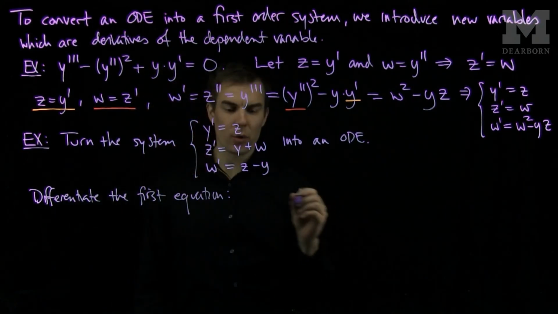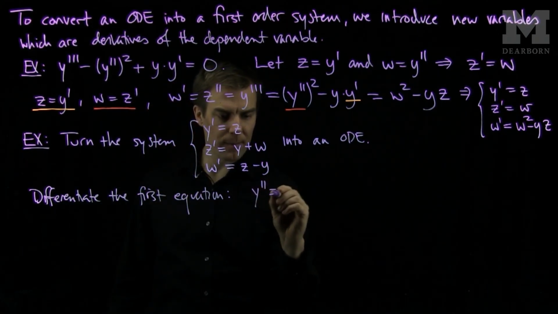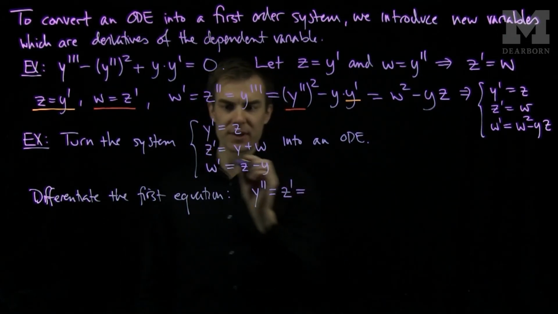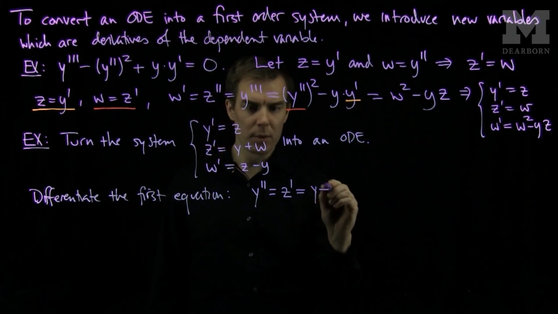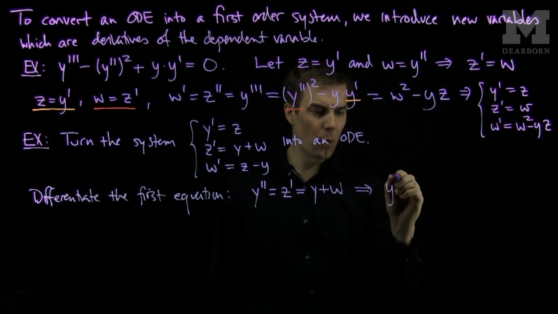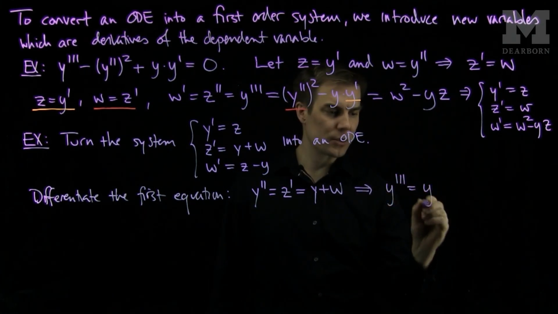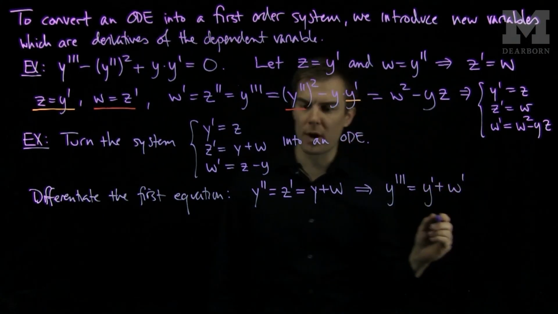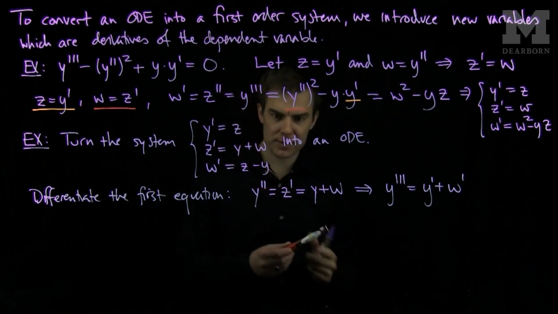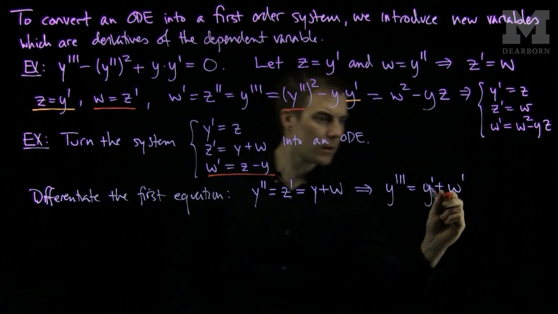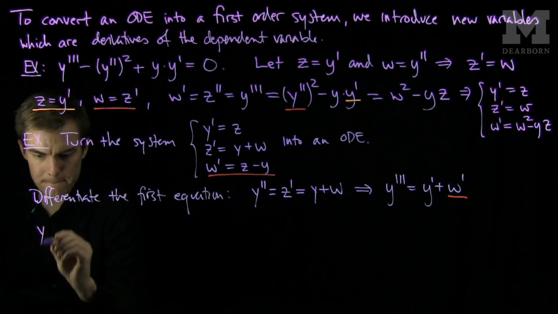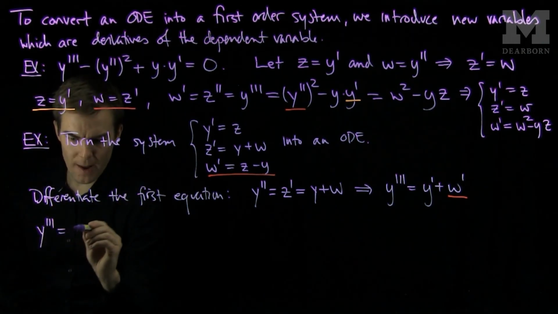and when we differentiate the first equation, we see that y double prime will be equal to z prime, and we know that z prime from the second equation is y plus w. Now I'll take one more derivative and conclude that y triple prime is y prime plus w prime. I can look at what w prime is. w prime is z minus y. So this tells me that y triple prime is equal to y prime